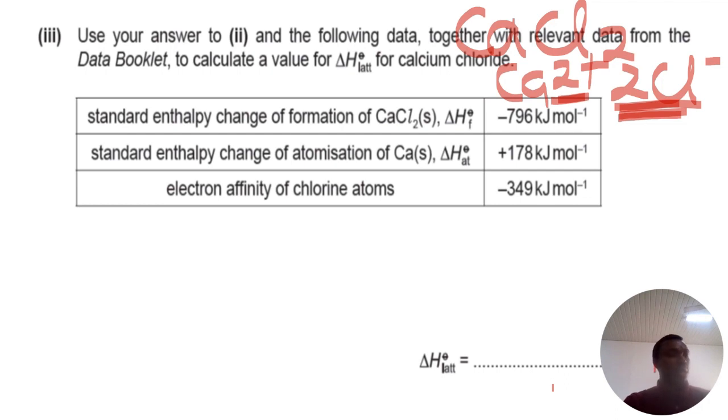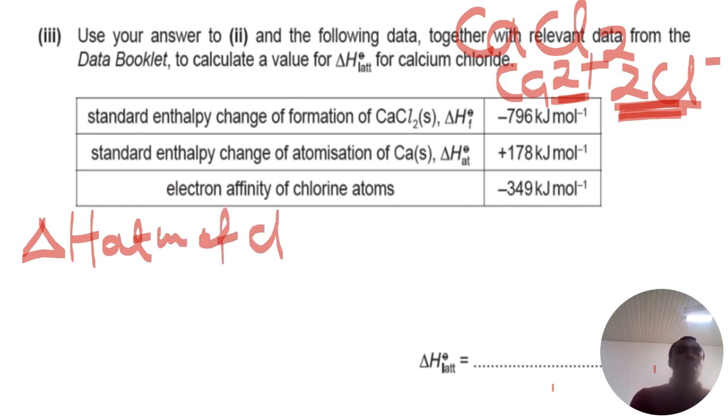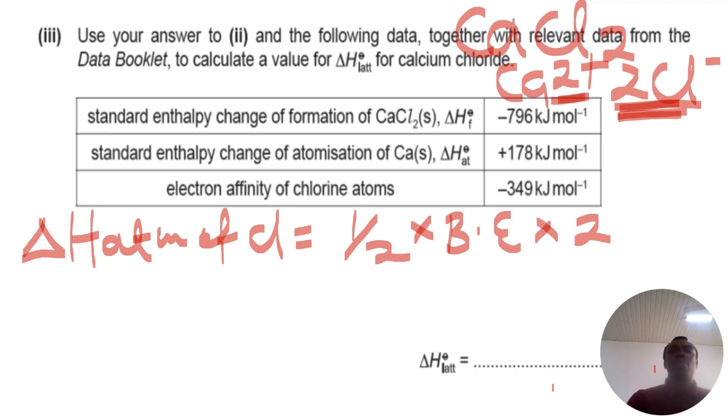So from the data booklet here, let's calculate the enthalpy of atomization of chlorine. Enthalpy of atomization of chlorine is equal to half times the bond enthalpy or bond energy, multiplied by 2, because we have 2 moles of chloride ion here. So for us to get the enthalpy of atomization of chlorine, we check from our data booklet the bond enthalpy of chlorine. From our data booklet, the bond energy for chlorine is